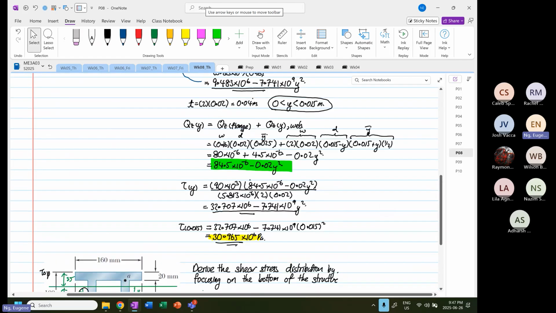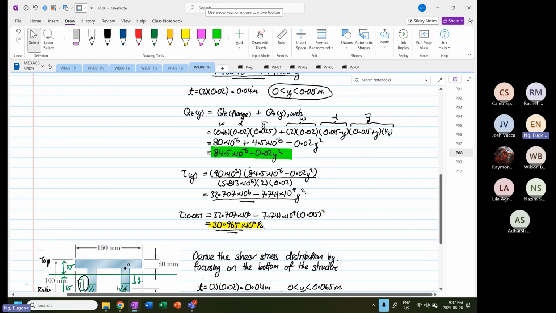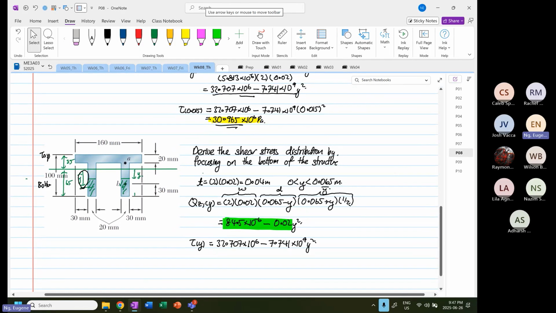Okay, so either you use the top or the bottom if your equation is derived correctly. Okay, the answer is the same. Okay, now